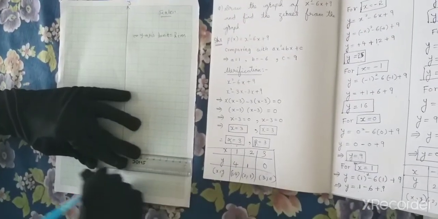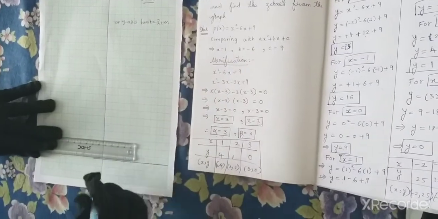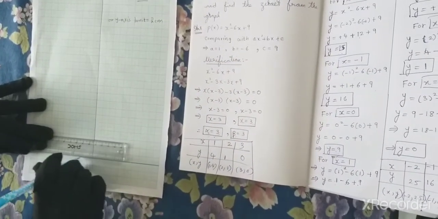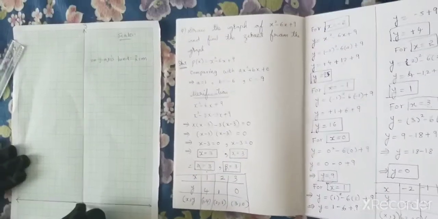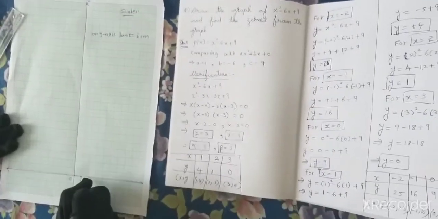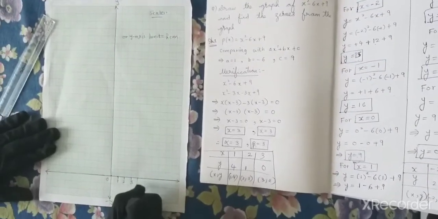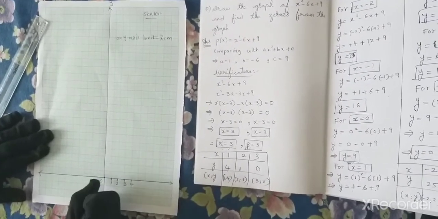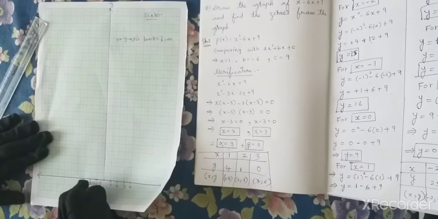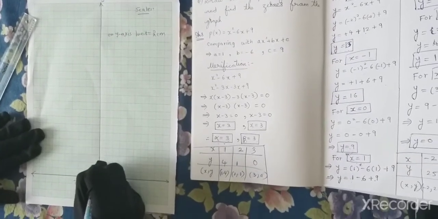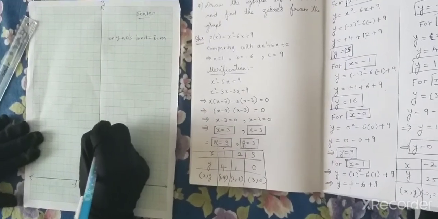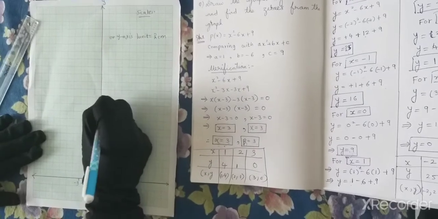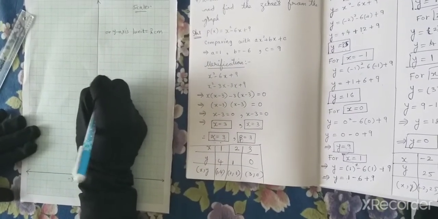Okay. So let me take the x-axis here. Since I don't need negative y-axis, I am leaving only some small space for negative y-axis. I don't have any negative values of y in my table. That is why I am not giving it importance. Okay. So this is my 0 origin. These are positive values 1, 2, 3. I will plot only till 3. I will plot till 4 because I have in the table only till 3 for x values. Minus 1, minus 2, minus 3. So this is 2, 4, 6, 8, 10, 12, 14, 16, 18, 20, 22, 24, 26.